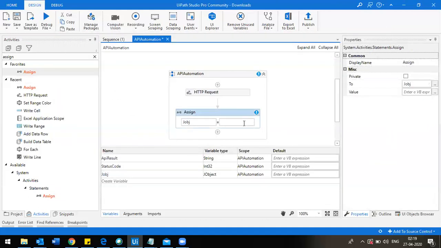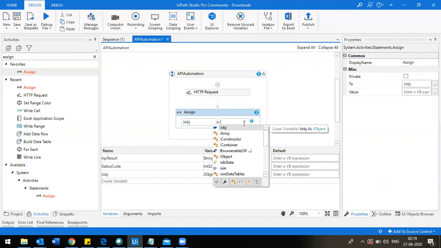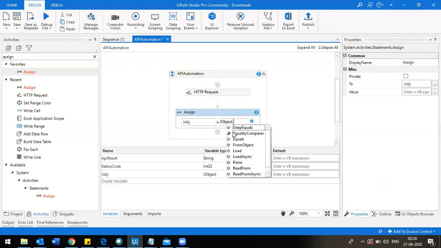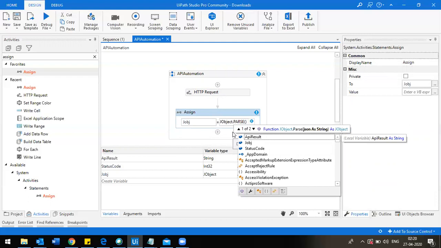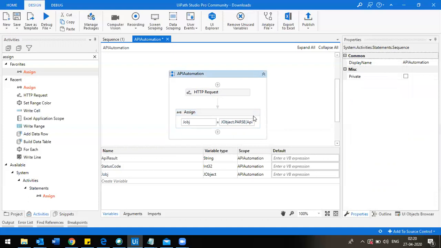Now here, this is JObject dot Parse of your string. What is your string? Your string is the API result. So you're parsing the string into a JObject.